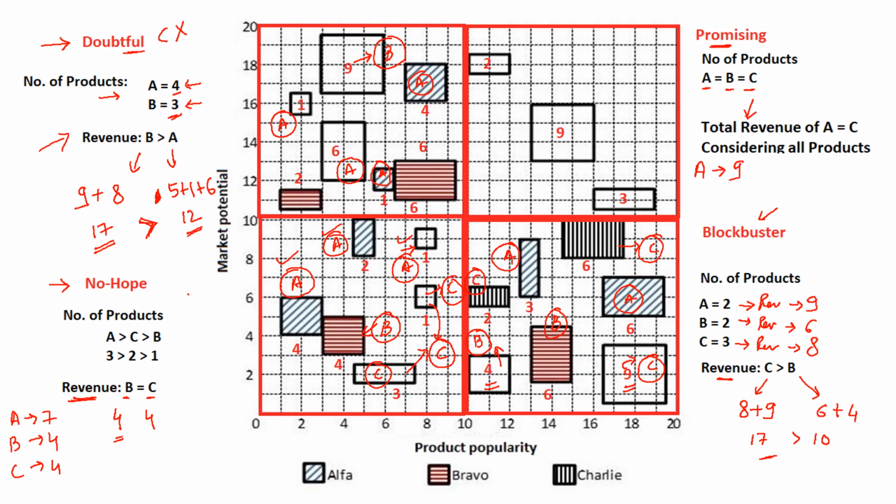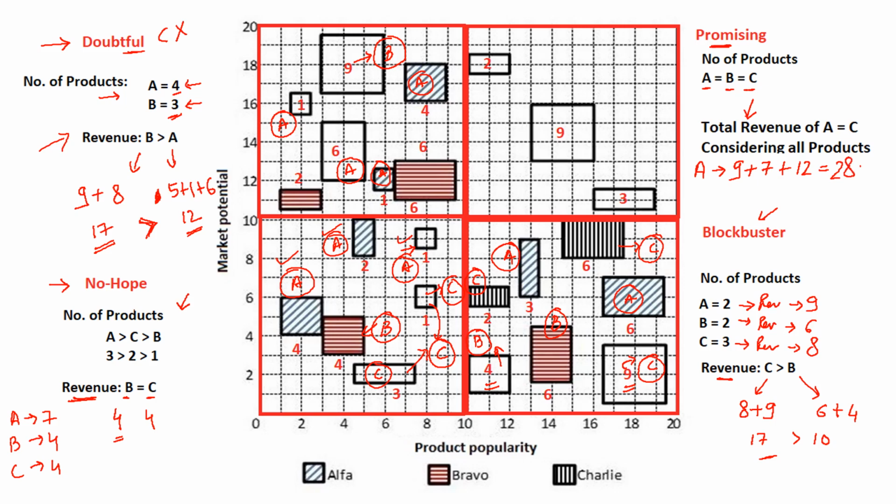In the No Hope category, the area of A was 7. In the doubtful category, the area of A was 12. Okay, so 12 plus 7 is 19, and 19 plus 9 is